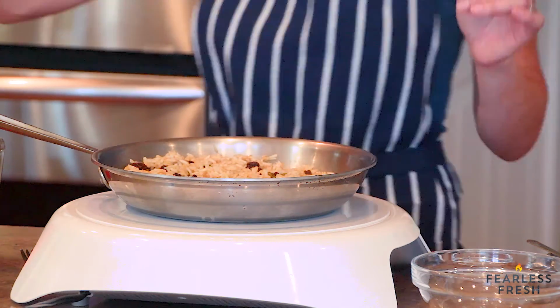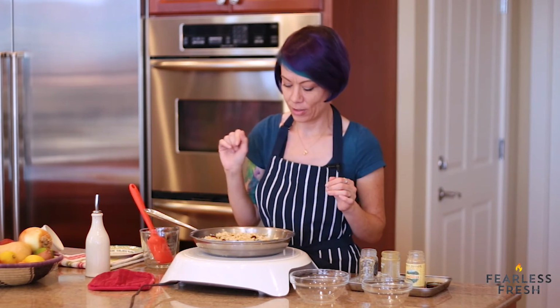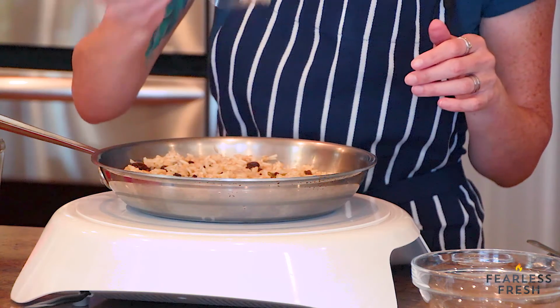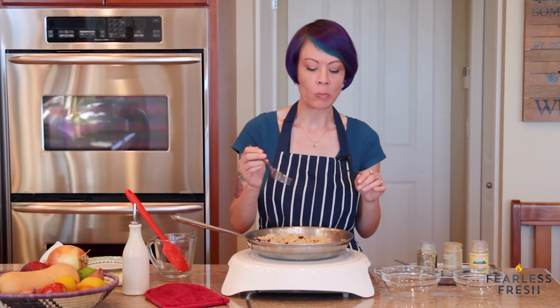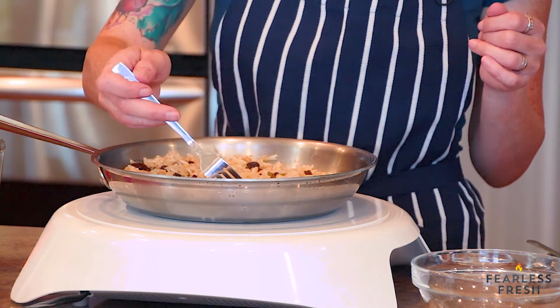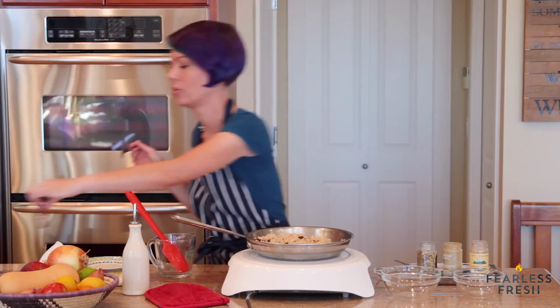Ta-da! Look at that. How beautiful is that? Those raisins puffed up. The rice looks good. We're gonna taste it and make sure the rice is at the right texture. It's good, the salt is spot on. That's actually really good. So what we're gonna do now is we're gonna get rid of the big whole spices